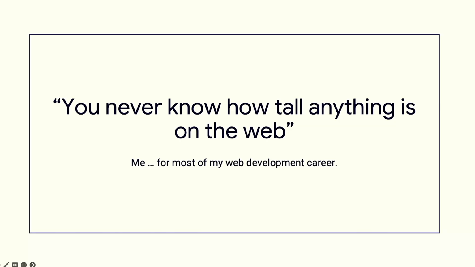And the reason was that Flexbox and Grid dealt with kind of one of the hardest problems in web development, as well as like centering things properly. You don't know how tall things are on the web. I'd spent a long time as a developer for design agencies, and I was always telling designers, look, you don't know how tall things are going to be. Design around it. We can't do anything about lining up your boxes. And so finally, with Flexbox and Grid, we were able to line up boxes. That was great, as long as they were participating in the same formatting context. And that was the thing that subgrid would solve.